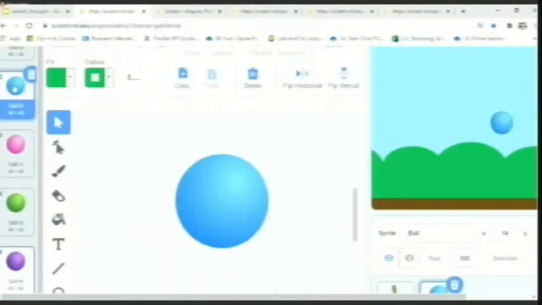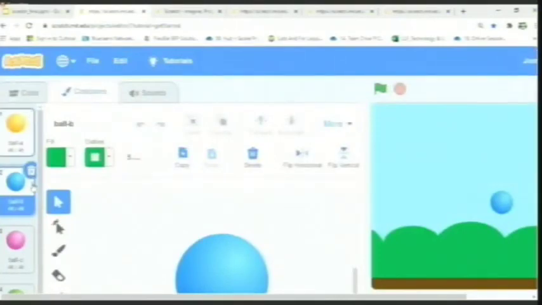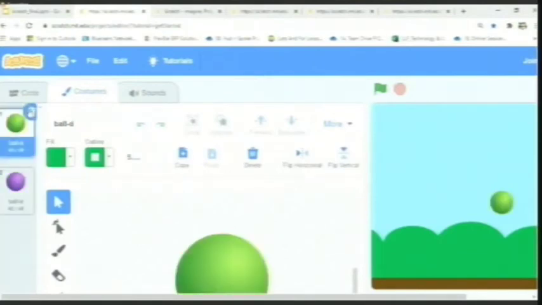So I am going to delete all the balls and keep just one costume which is available. So I'm going to delete the blue one and the pink one, orange and the green. Deleting is simple. Now, in order to create this animation, like I said, you need to create a costume. A costume is nothing but a slight difference in the image which you already have.